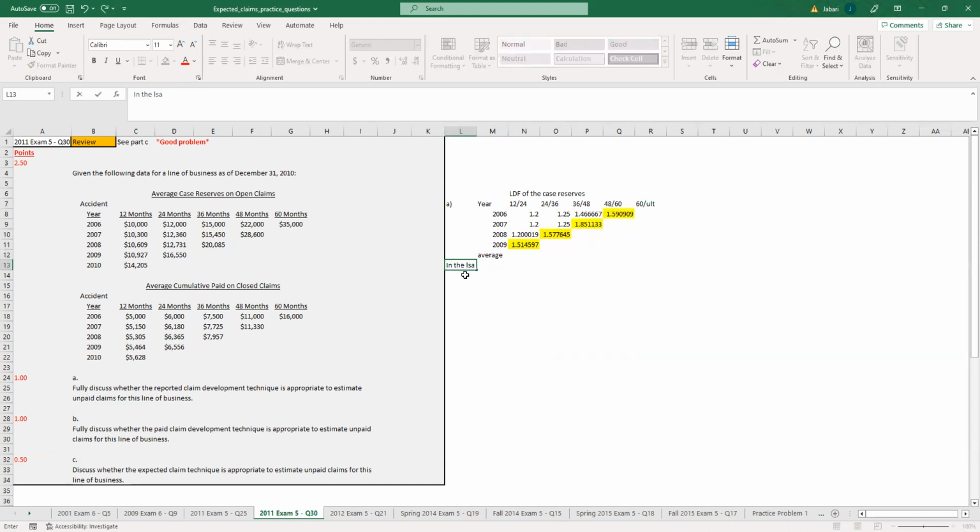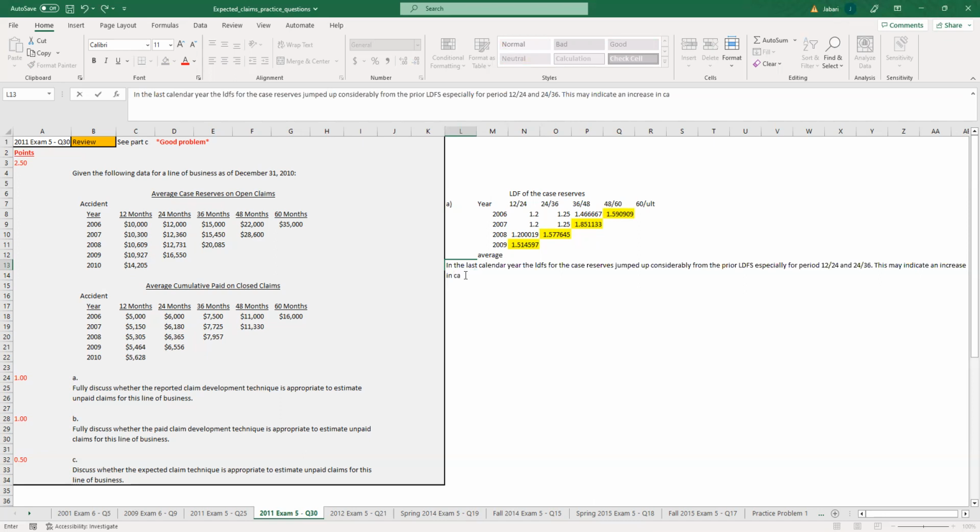So in the last calendar year, the LDFs for the case reserves jumped up considerably from the prior LDFs, especially for periods 12-24 and 24-36. This may indicate an increase in case reserves,